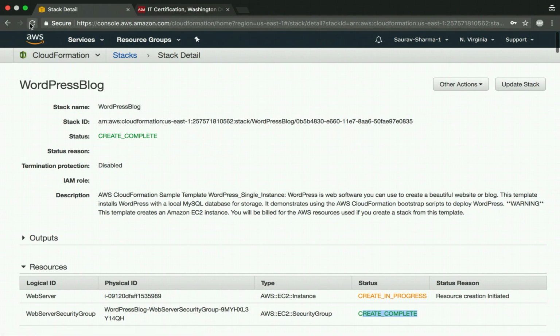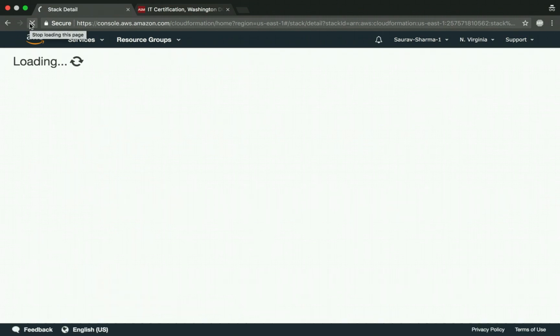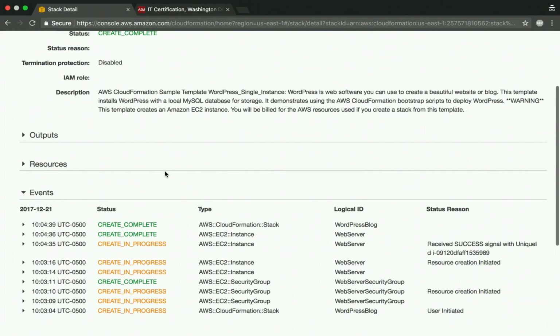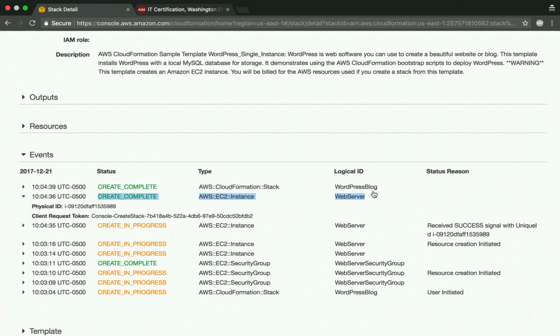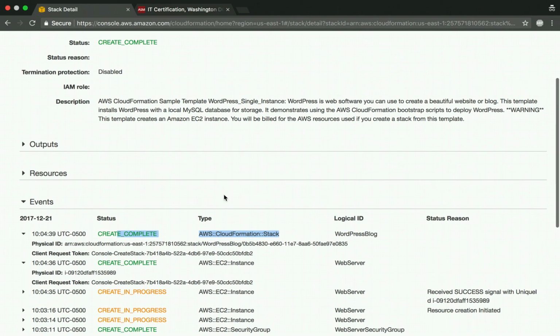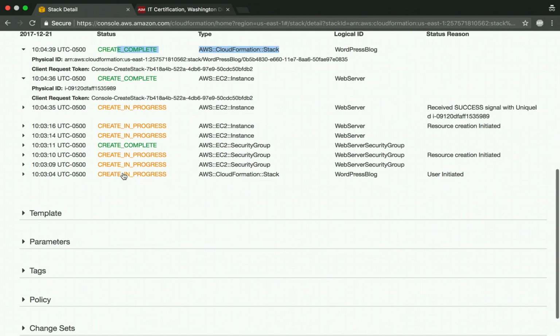Now if I refresh this page, yeah, so the web server is complete too. And finally, after every resource is completed, the stack is completed, right? Create complete. Now if we go back to the template section,